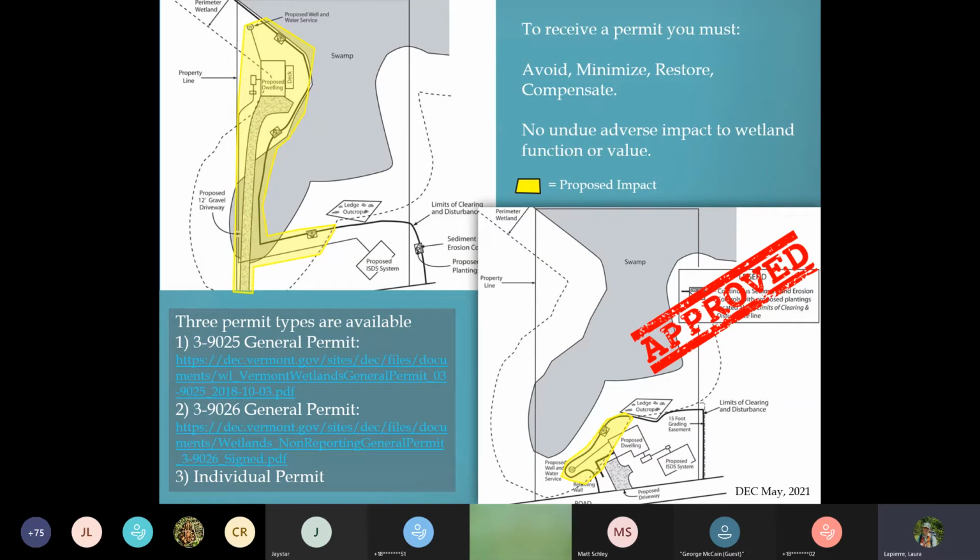The 9026 is what we call our water quality general permit, which I'll be giving more details on in a couple slides from now. And then we have our individual permit, where we have to cater the permit specifically to your project because they go beyond the general permits.